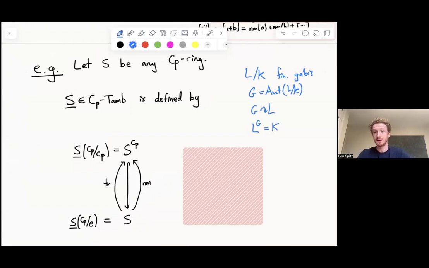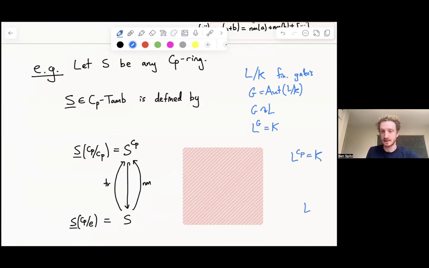And in this setting, when you take an abstract algebra class or whenever you learn Galois theory, you learn about these operations in Galois theory called trace and norm. And these assemble to give a Tambara functor. So if I have a CP Galois extension, then I could build a Tambara functor where at the top I have my CP fixed points, which is the base field.